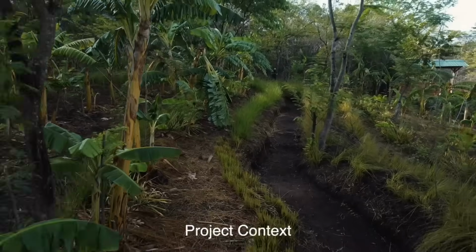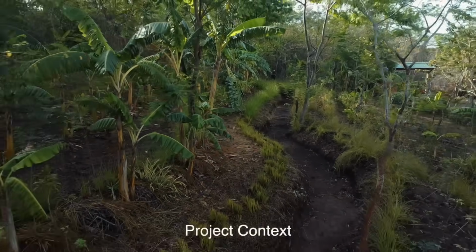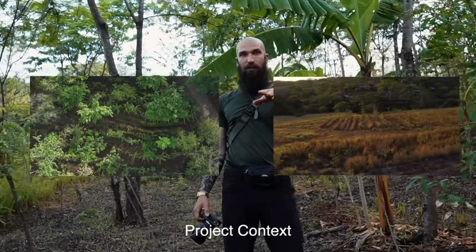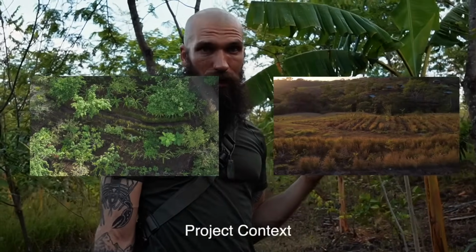So this is one of the swales. Obviously things are being done on contour here. There's a bit of a slope. So the difference here between this site and the other site that we just visited, Tierra Amor, the difference is